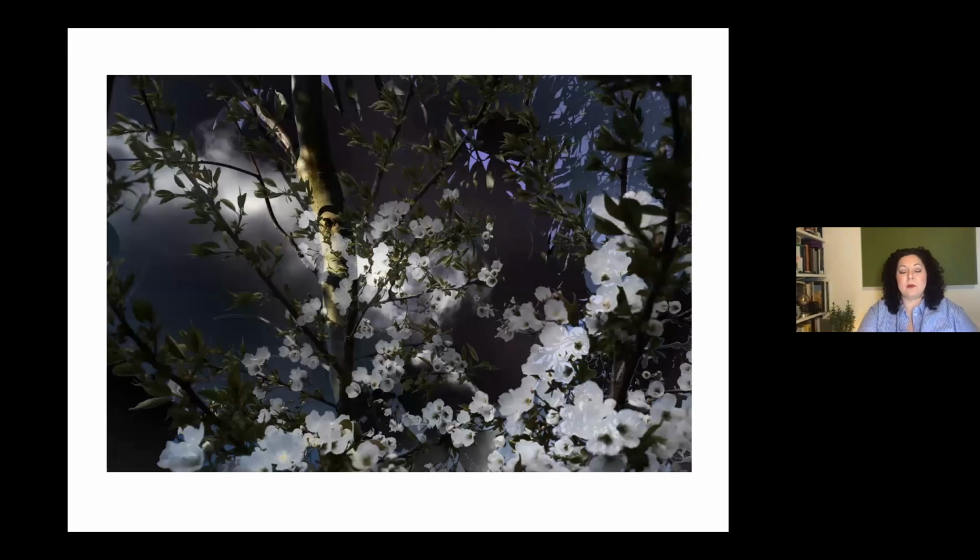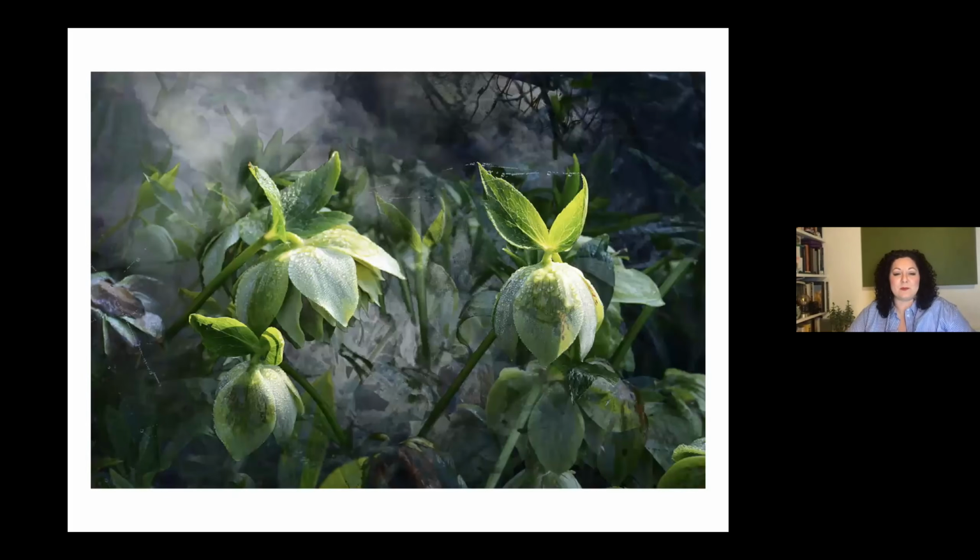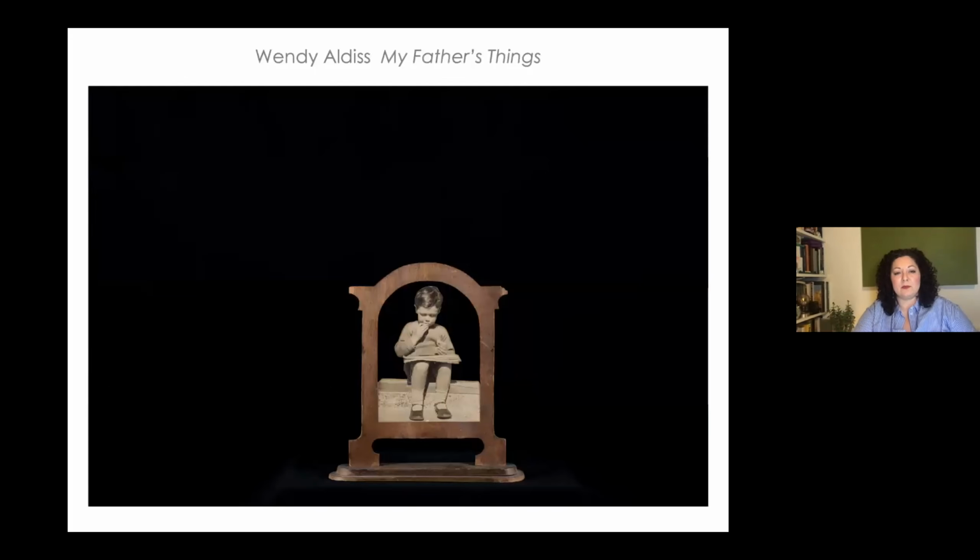So I just thought I'd show you a couple more of Deborah's full scale so you can revel in the beauty of these, because they are quite fabulous. I actually have this one in my bedroom, and that's a more recent one from a more recent series, and they're absolutely gorgeous. So that was just a little taster of an artist, and I wish I could talk about everybody for a lot longer, but time is not on our side.